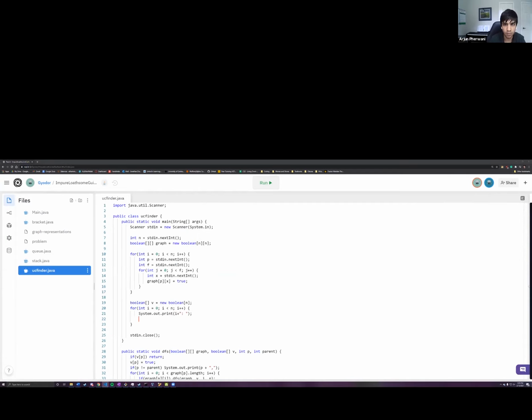And I'm going to wrap up in a second. Then we fill the visited array with false. Normally we don't do this in DFS, but it depends on the use case. In this use case, we might be visiting the same node multiple times because we have to list out all the friends, so we have to initialize the visited array as false every time.